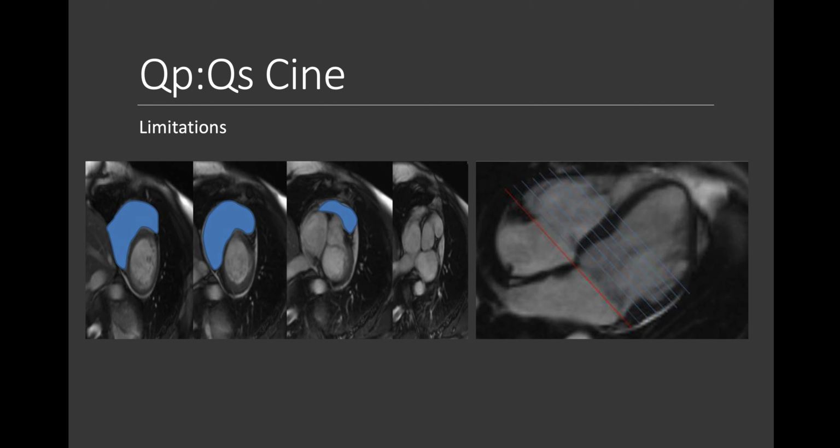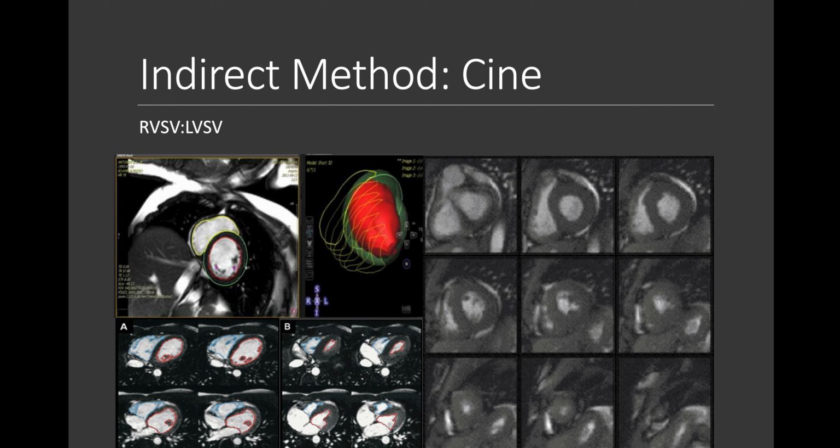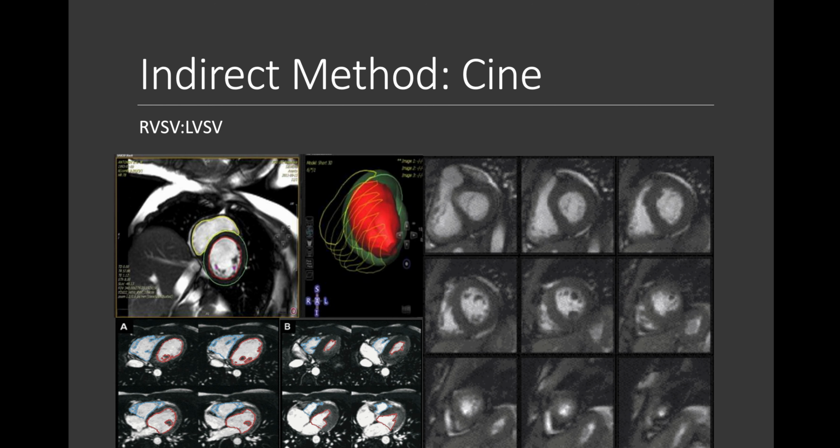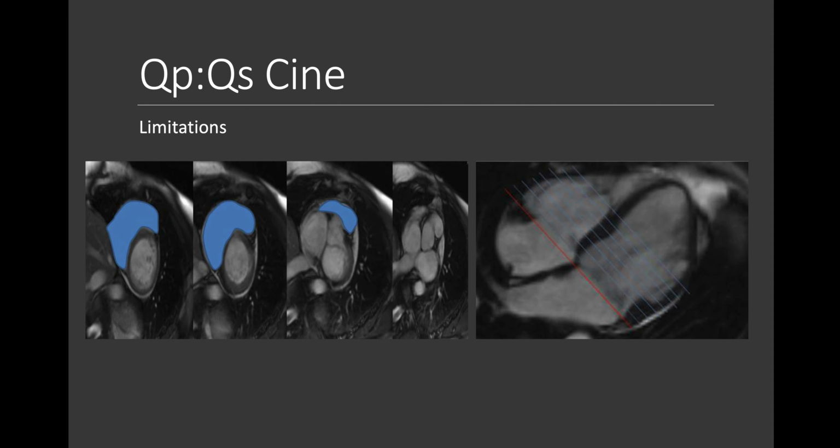We do not prefer to measure the QpQs from the stroke volumes from the ventricular cines, because they are calculated from multiple slices. Partial volume artifacts might lead to over or underestimation. Temporal resolution artifacts may also lead to overestimation or underestimation, in addition to an irregular heart rate or motion artifacts. Blurring of the endocardial contour would lead to over or underestimation. Those are the limitations of calculating the QpQs from the cine, but if it's the only available sequence you have,